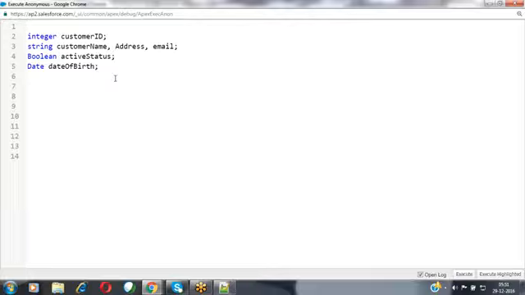I have just defined these variables. This is nothing but the variable declaration. Whenever you define variables, each and every variable has the default value null. It may be an integer, a string, a date, a Boolean, whatever. By default, the value is null. Now, I don't want to store any null value. I want to assign some value here, so I'm assigning the values.